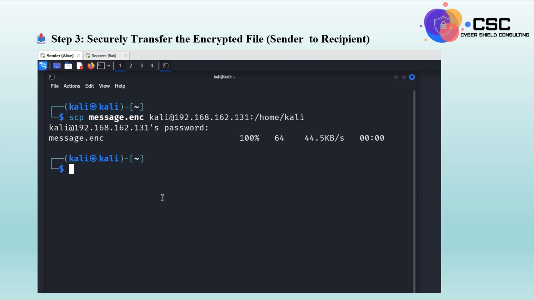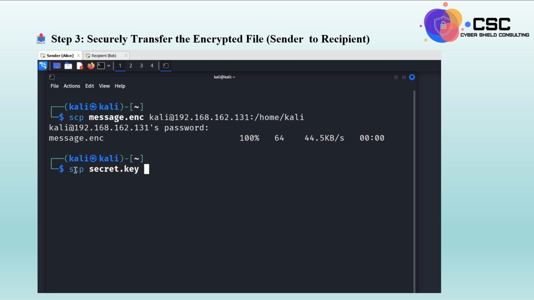Then I need to share the secret key. In a real world scenario, this should be done using a secret key exchange mechanism like RSA encryption or a key management system like Diffie-Hellman. But what I will do now in this case, I'll just demonstrate the SCP when I send the key. So I'll send the secret.key,